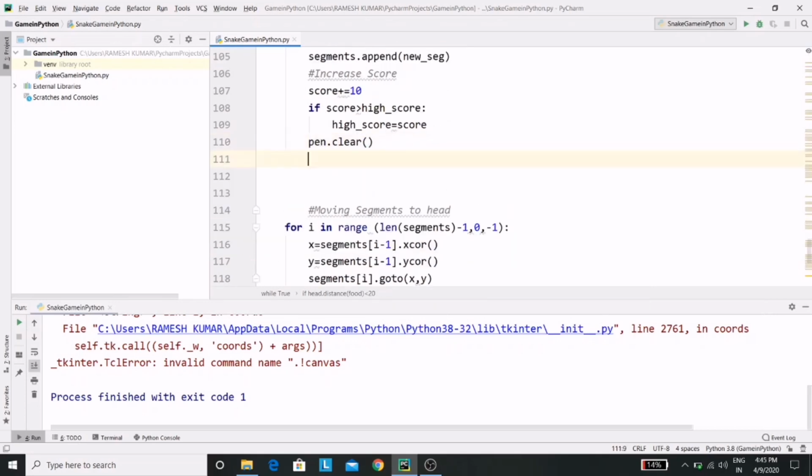So if I run it, then pen dot clear, then pen dot write, so we need to change the scoreboard whenever the points are increasing. So score